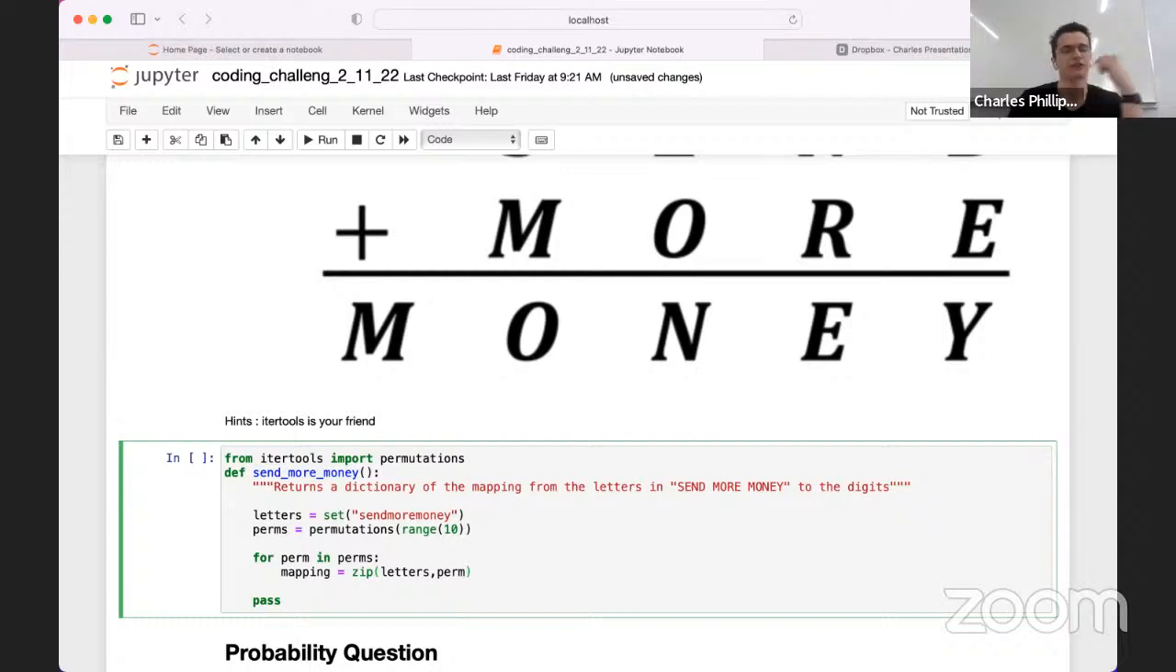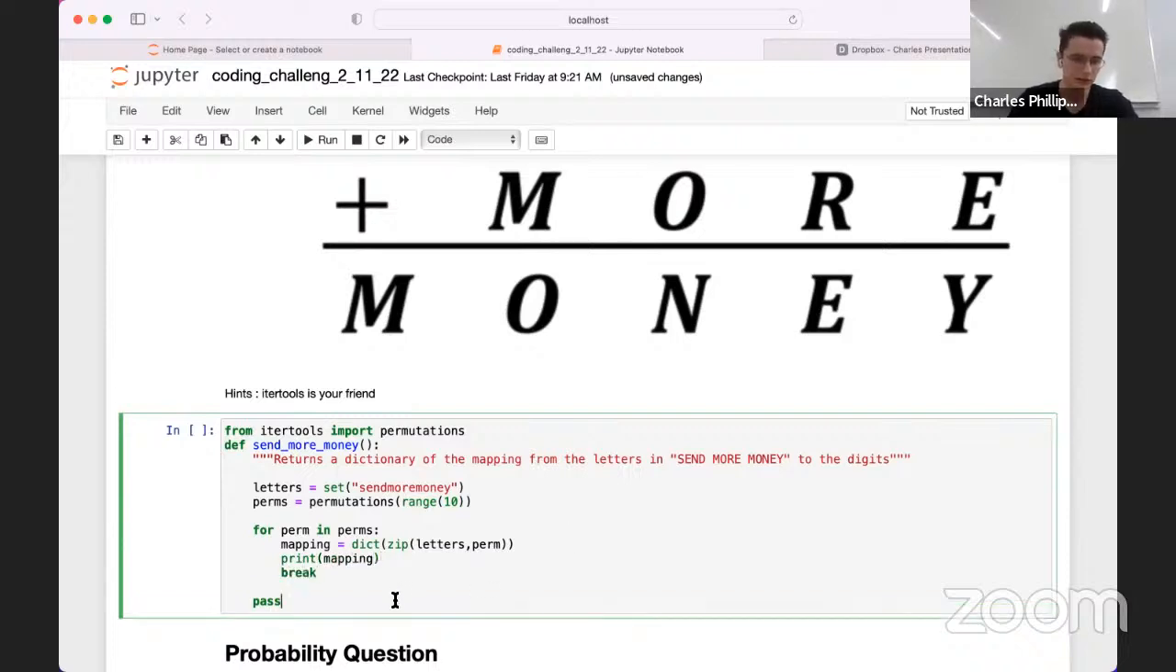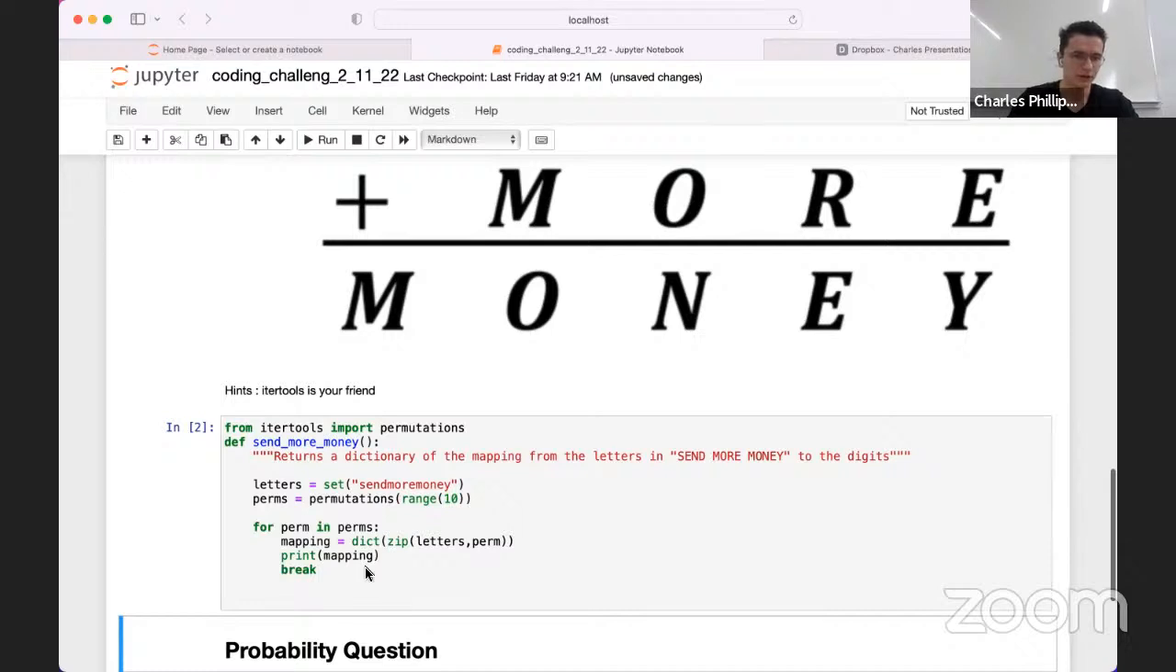Now what this returns is actually, I believe, a generator that spits out tuples. It's not exactly what we want, we want a dictionary. So what we're going to do is just cast this to a dictionary. It's really easy in Python. We just say dict of this zipped object. Now if I just print mapping and then break,